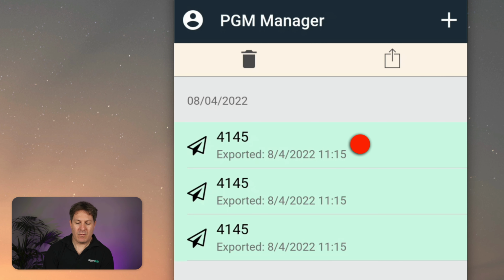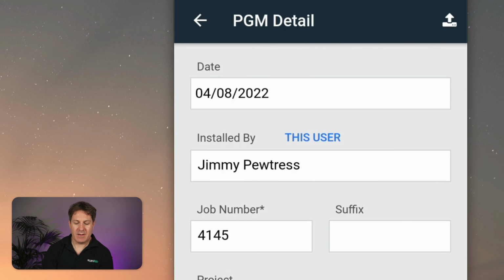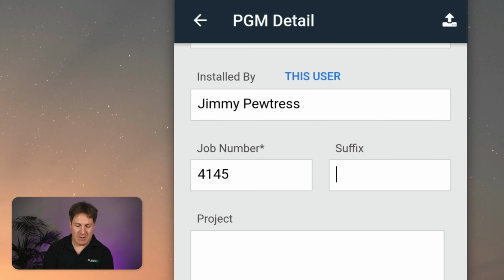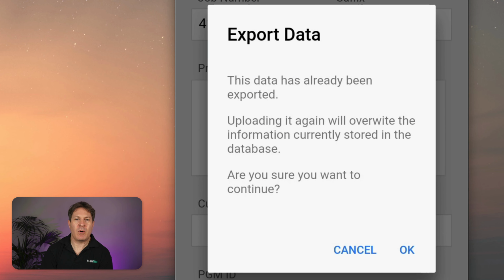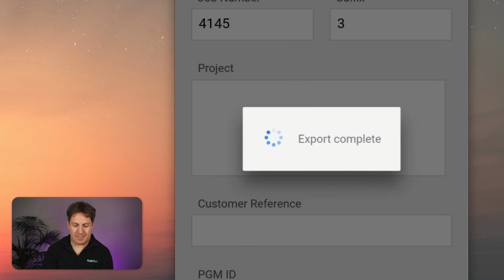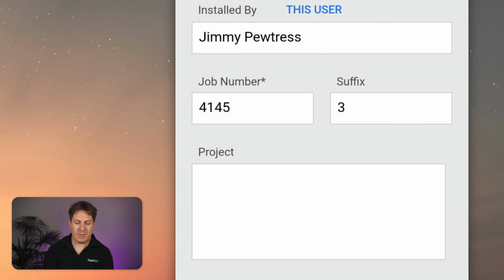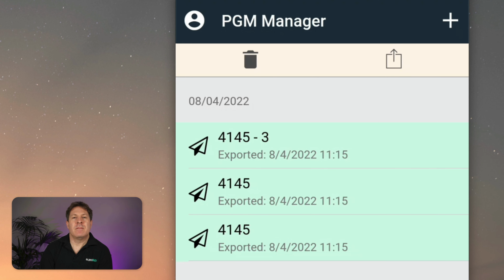You can re-export if there's been something on site that was missed. You can make some changes, and then either from in this individual one you can export it, or back from the list again. It'll give you a warning just to say this has already been exported. Anything that you do now is going to overwrite what's already in the database, so just be aware of that. We'll OK it and it works fine. And then that's it. Everything's in the web, we can go and check on it,